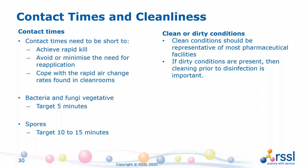most important aspect. The other thing with contact times, and when you're selecting between different disinfectants, you notice that a lot of the standards, so if you take the European standard for sporicides, which is a document EN 13704, it talks about a 60-minute contact time for a sporicide. If you're running a busy pharmaceutical operation, then you don't really...